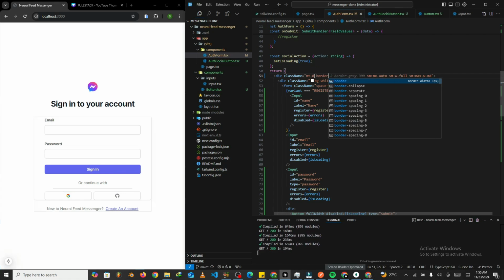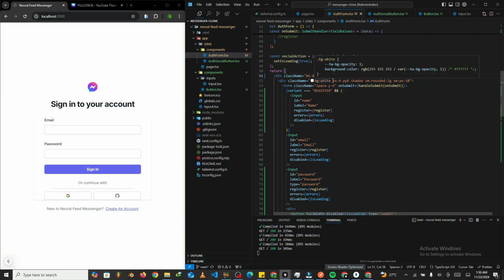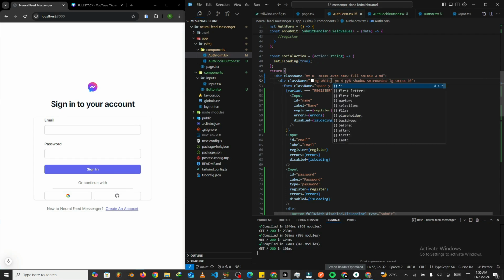Okay, so I can see the border. Okay, so this is not where it's supposed to be. I'll just cut that out. I'll come here. Okay, so this is the border though. Let's check here. Okay, so the border is actually the one that was here. So just paste that,